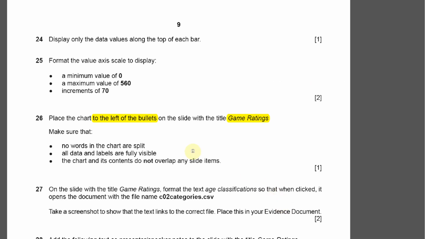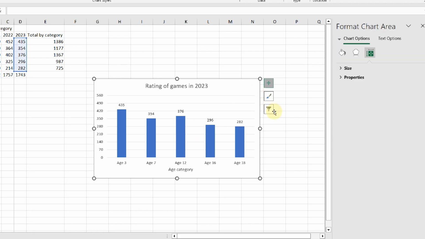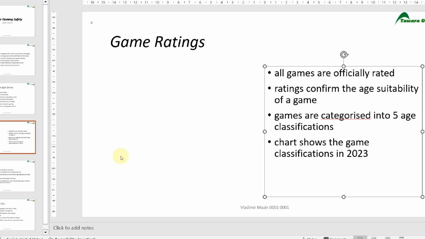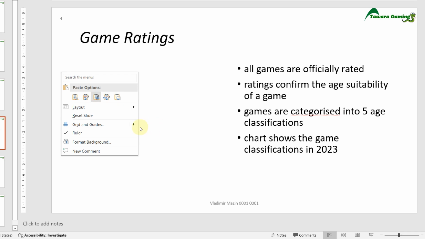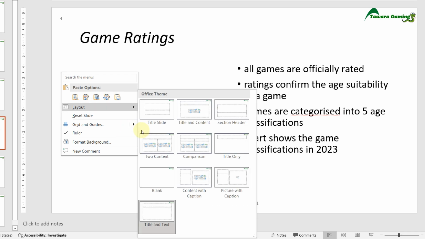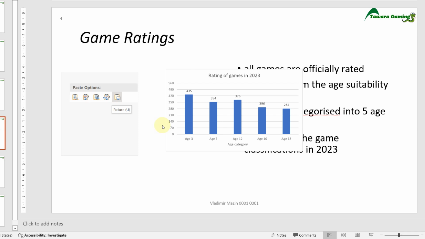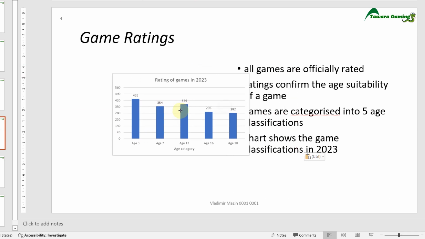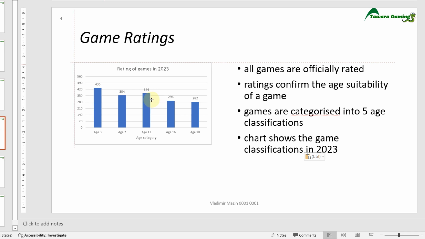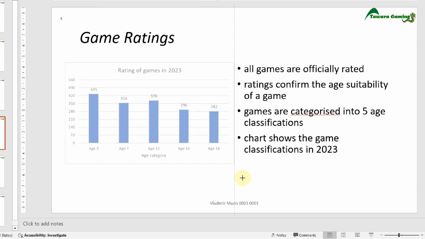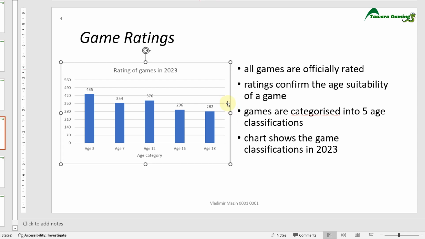Here we go. Let's copy the chart, right click, copy, and we can paste it here. If you right click and paste, you have different ways to paste it. Maybe the simplest way is to paste as a picture. It doesn't really matter, just paste as a picture. We're gonna put it, and let's make it a little bigger so all the things are visible, because